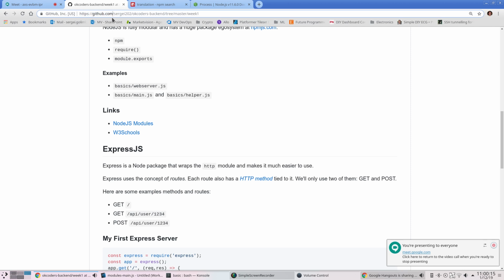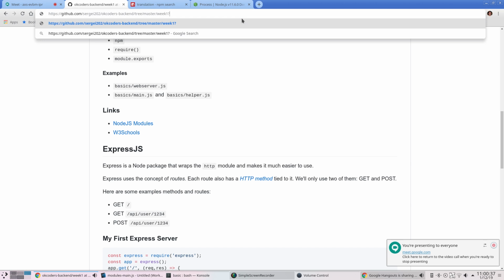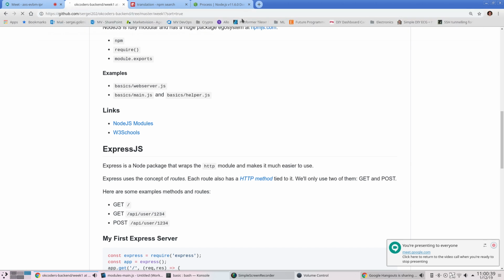Our host name is github.com. Everything after the host name, including that first whack, is the actual route. So this whole thing is the route. github.com is the host name. HTTPS is the protocol. So if we had something after here, if we had a question mark, sort equals true,